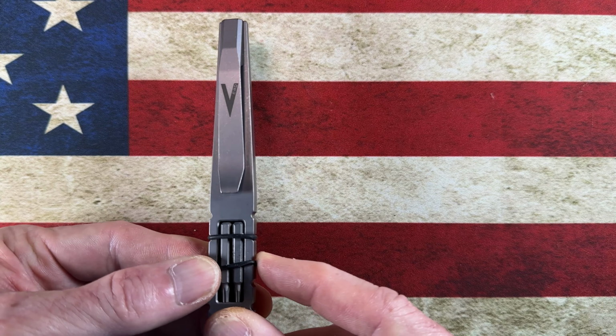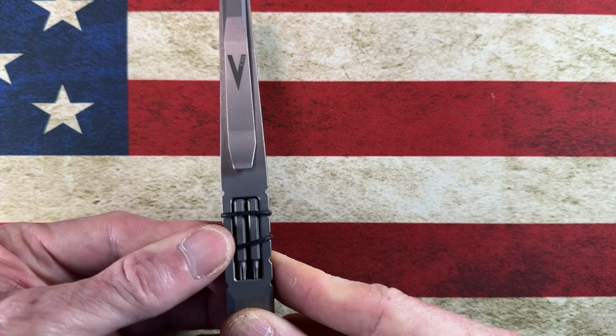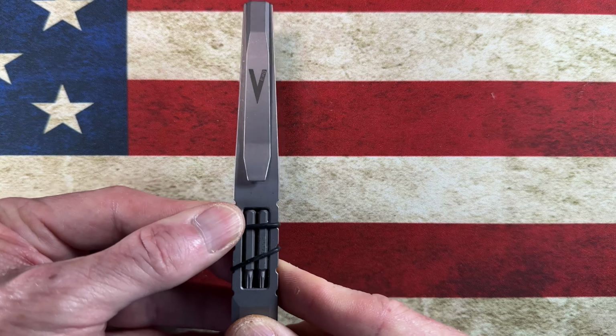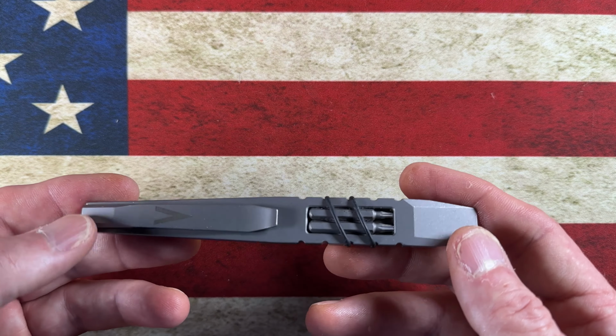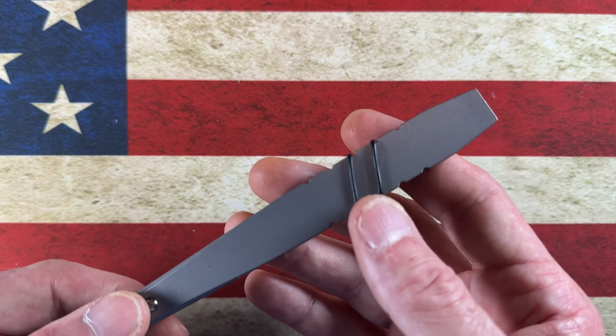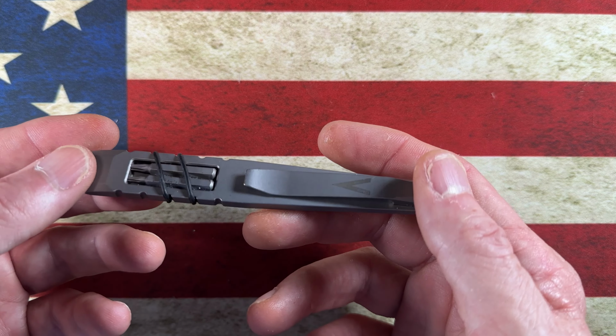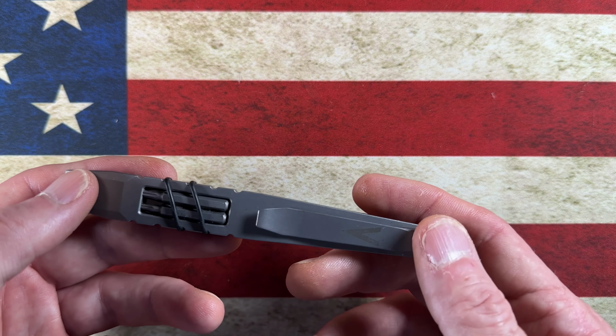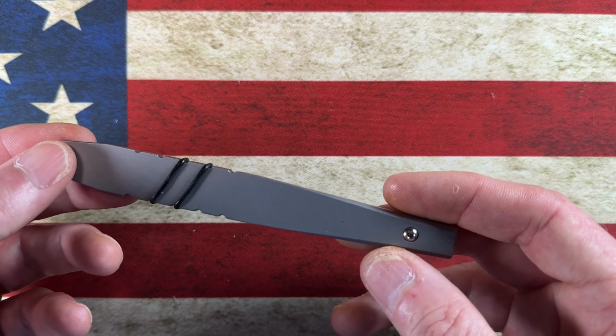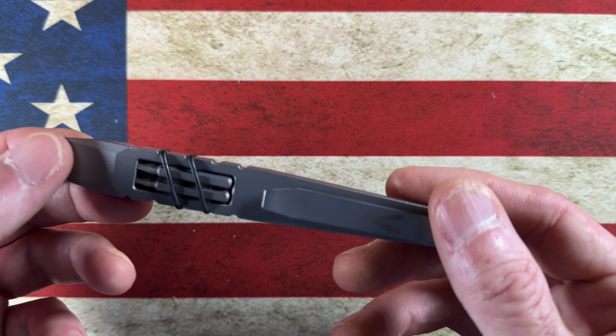Sometimes I'll carry the Phillips screwdriver head in the main hole here, but typically I'll carry it just like this. I don't carry anything right there because I've usually got something else with a Phillips head if I need it. But the Vero Fulcrum or the Mini Fulcrum, I can highly recommend. I've heard the bits are a little more tricky to get out on the Mini Fulcrum, but the full-size Fulcrum has served me very well, gets a lot of use, gets a lot of pocket time,